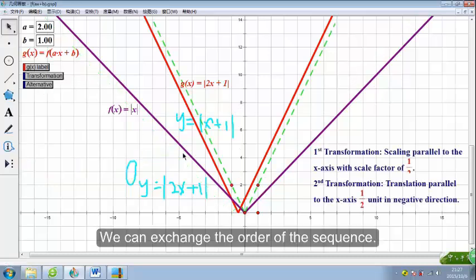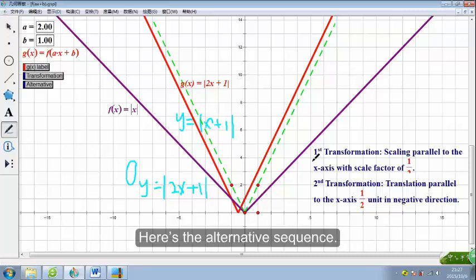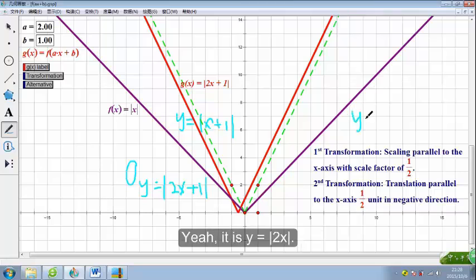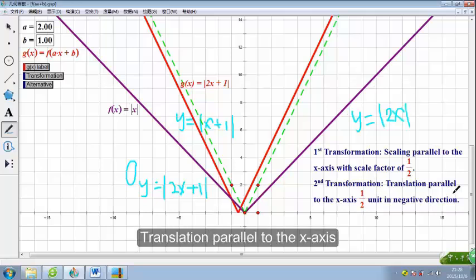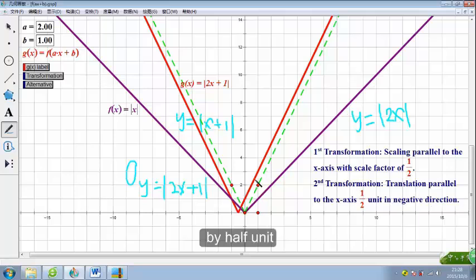we can exchange the order of the sequence. Here's the alternative sequence. First transformation, scaling parallel to the x-axis, with scale factor of half. We multiply each x value by half to obtain the green dotted line. What's the function now? Yeah, it is y equals modulus 2x. Second transformation, translation parallel to the x-axis, half unit in negative direction. So we shift the green dotted line leftward by half a unit to obtain the red line, which is the